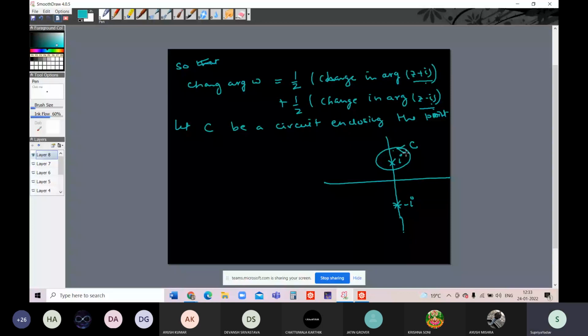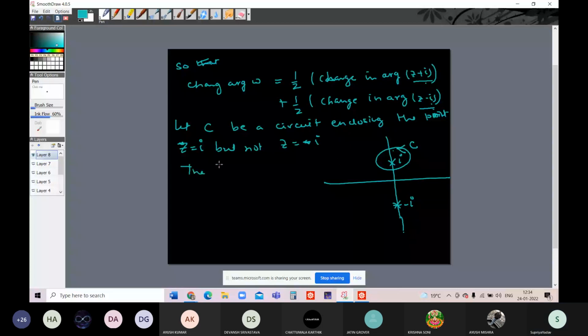So let C be the circuit enclosing the point I, but not z is equal to minus iota. The circle is taken this way. It is only enclosing this point I. Okay. So when we go around this circle C,